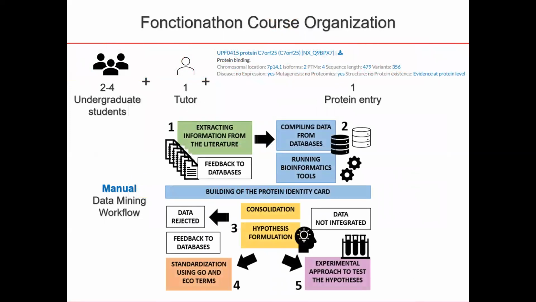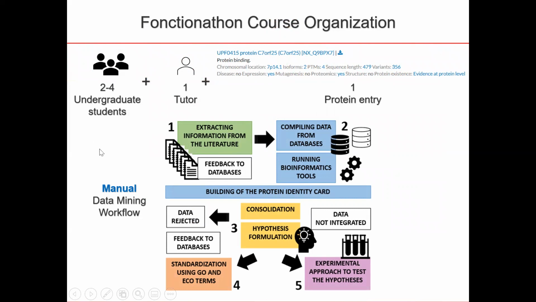For the last 2 years, we've been organizing at the University of Geneva a course which is called Fonctionathon. And in this course, the undergraduate students get training about databases, bioinformatic tools, and they are then assigned one of these proteins, which doesn't have a function. You see here, it just has protein binding that's known about it. And they're divided into groups of 2 to 4 students, assigned a tutor, given the protein,